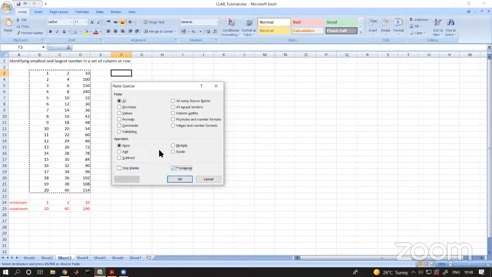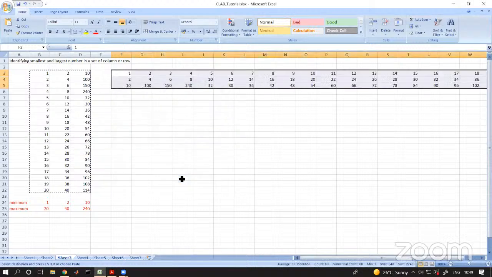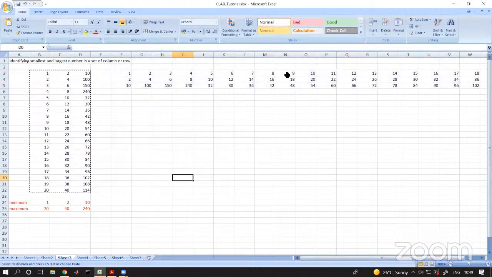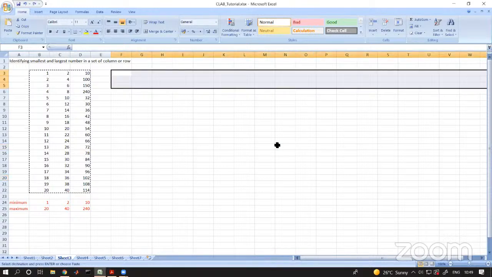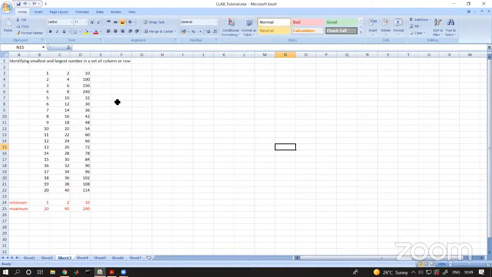Transpose is an option. It converts the column, here we are having a B column with 20 entries. I want that column to be converted into rows. See that here? It has taken too many. Instead of that, what I will do, because that is going beyond your display size,